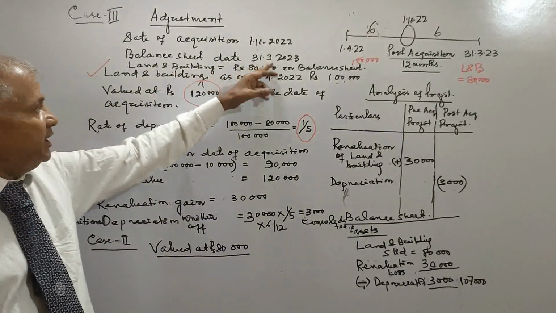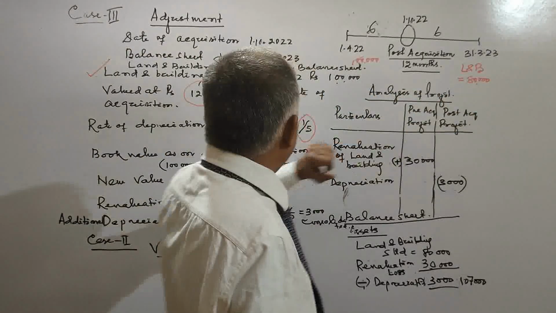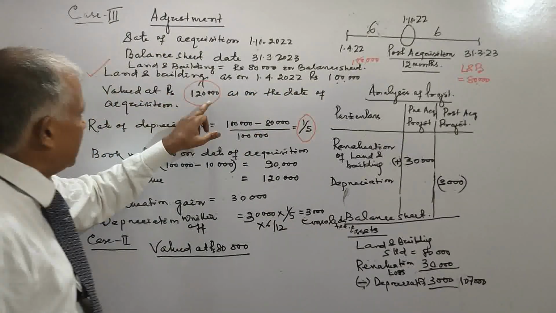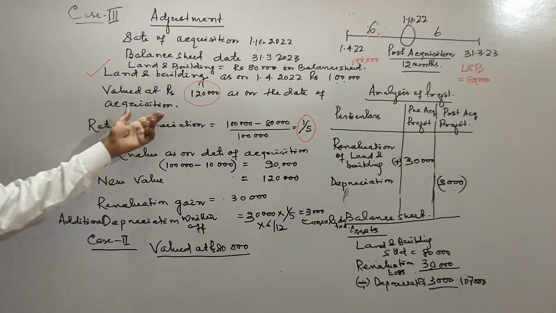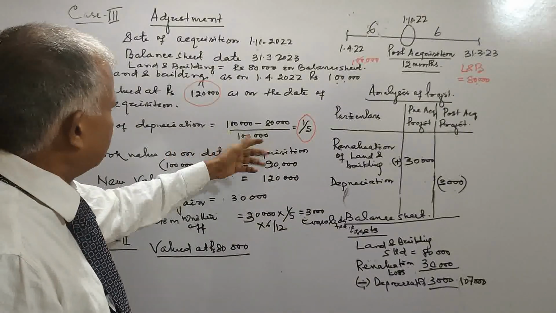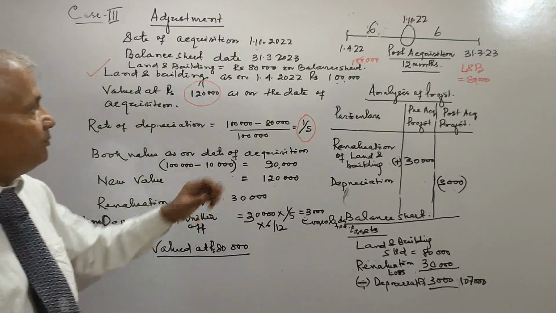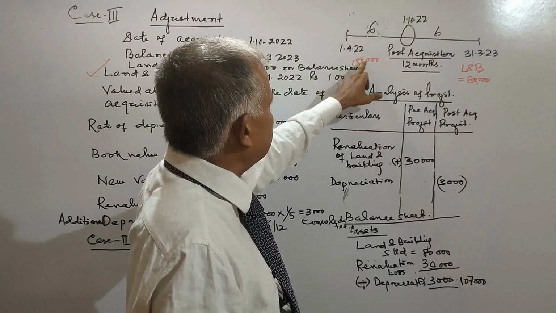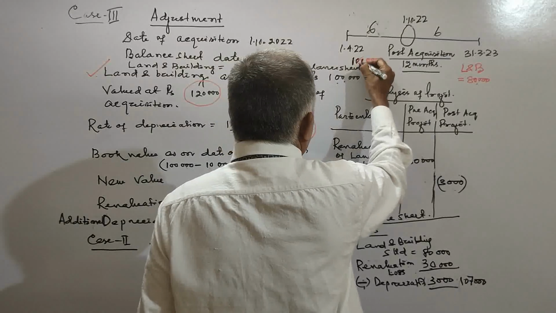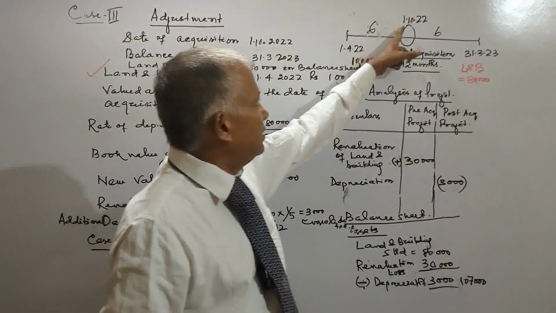1/10/2022, balance sheet date is same. Land and building on the balance sheet is 80,000, same, and land and building is 1 lakh and valued at 1,20,000 on the date of acquisition. So friends, first we shall calculate the rate of depreciation remaining same, 1/5. Now the book value. The book value here at the beginning of the year is 1 lakh. That is on 1/4/22 the value is 1 lakh, and we need to find out the value as on 1/10/22,